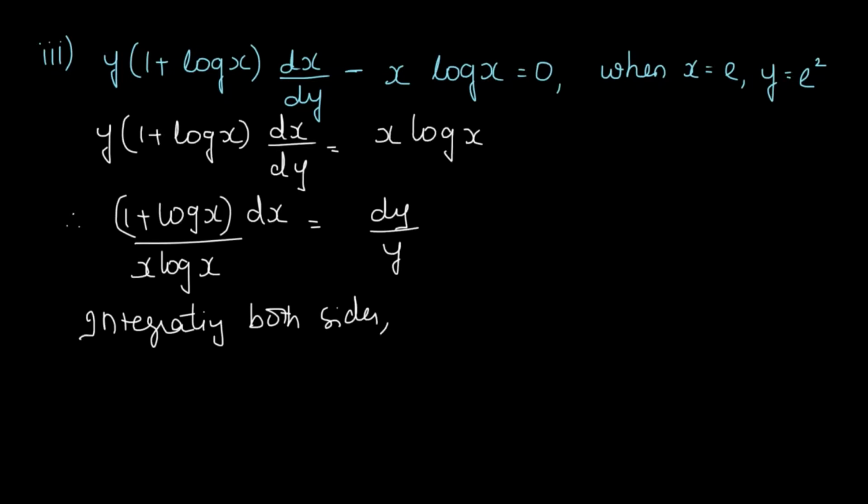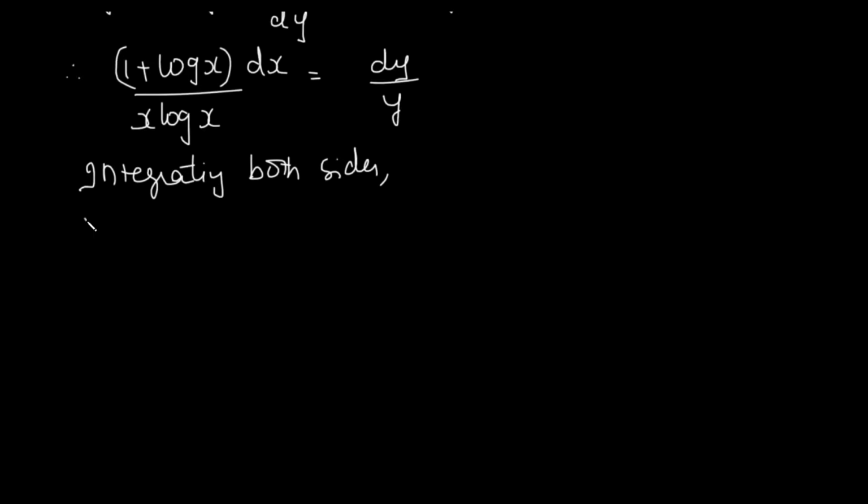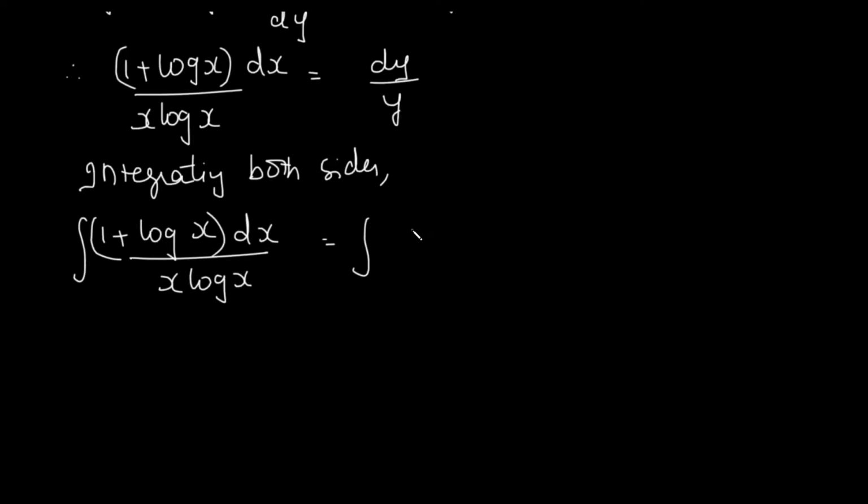we are going to get over here integral 1 plus log x dx upon x log x is equal to integral dy upon y. We can even rewrite it, rearrange it and write it, because the convention is writing the y term on the LHS. So we can just write it over here, or we should have written it in the previous step itself. Anyway, there is a constant term added over here. So let me just rearrange this so it is convenient to do the sum actually.